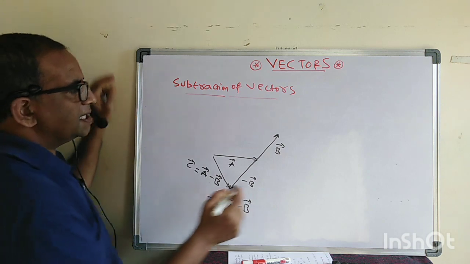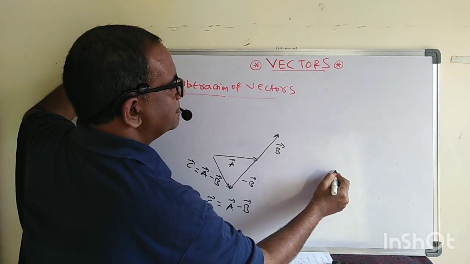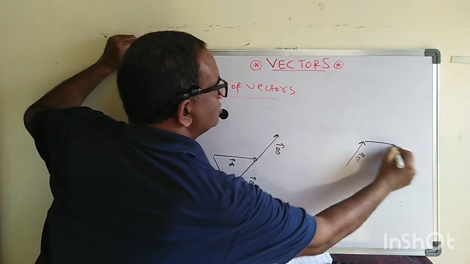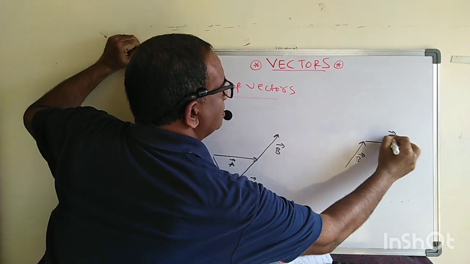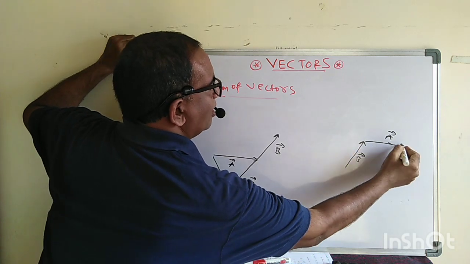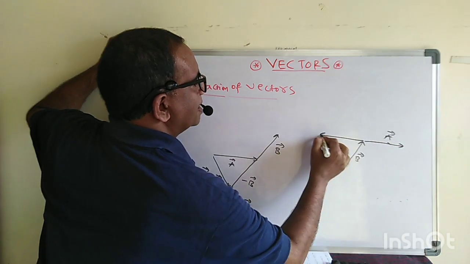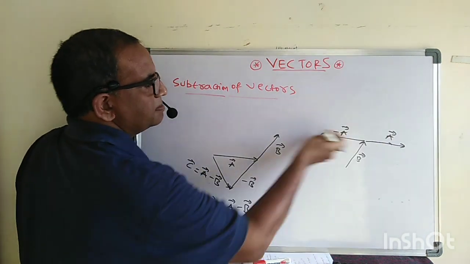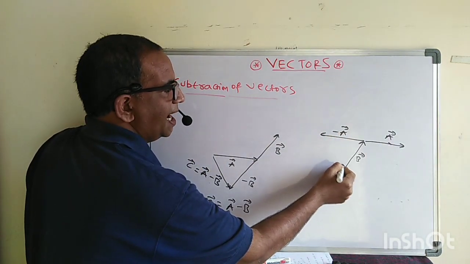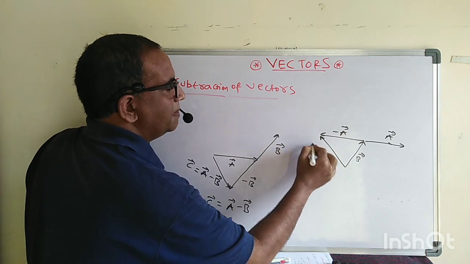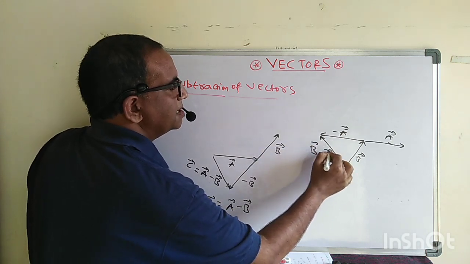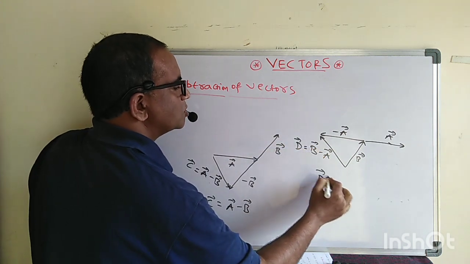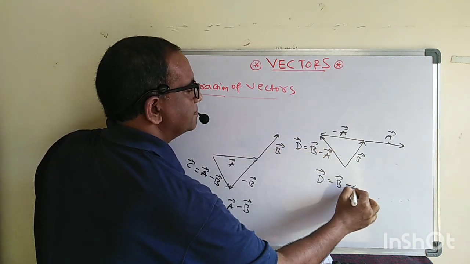Okay, now similarly, see let us take, this is B. Okay, see this is B, and let us say this one is A. Okay, now take the A in opposite direction, that is negative of vector A. The negative of vector A. Now see this is B, this is minus A. Now see let us add this B and A. That is B plus of minus A. That is B minus A. Let us call it D. See D is equal to B minus A.